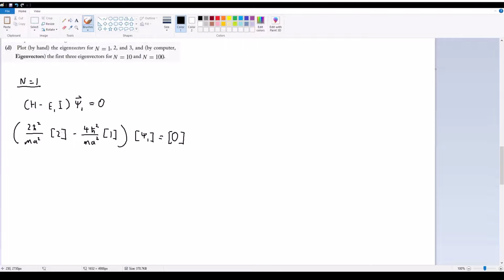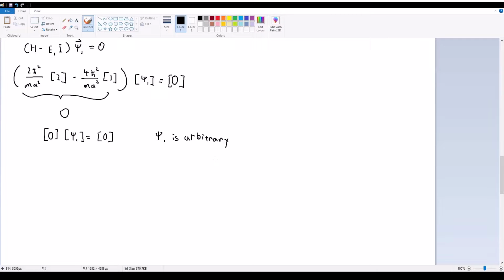So immediately, hopefully you see that these two just instantly cancel out to 0. So what we get is 0 times psi1 is equal to 0. What this means is that psi1 is arbitrary. It can be anything. That being said, we have this additional condition, which is that the magnitude of psi squared has to be normalized. 1 has to equal the integral from 0 to a of the magnitude of psi squared dx. This is a condition that will affect what psi1 actually is, but we have a bit of a problem,